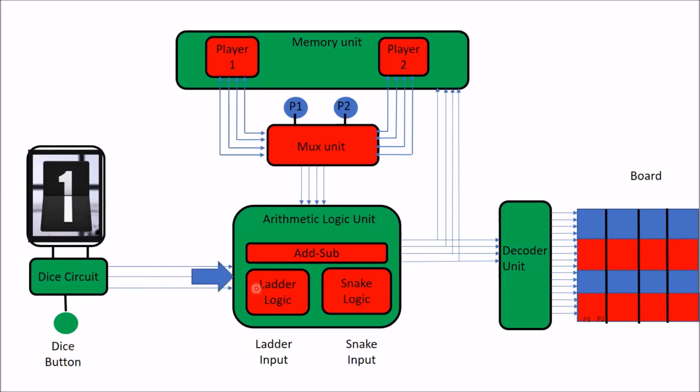Like in the snake ladder game, we did it. And then it will be updated in the memory. Okay. So let us see how this thing happens using this block diagram. So now I will activate player 1. Player 1 is activated, as you see, this is green. So player 1 is activated.